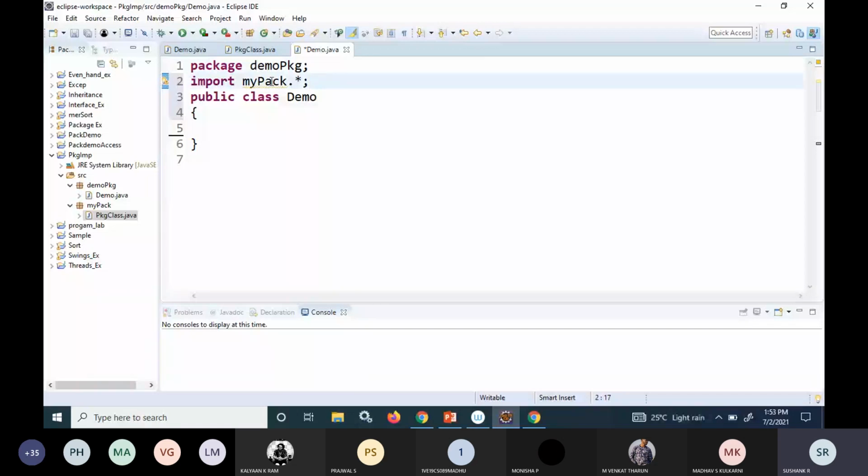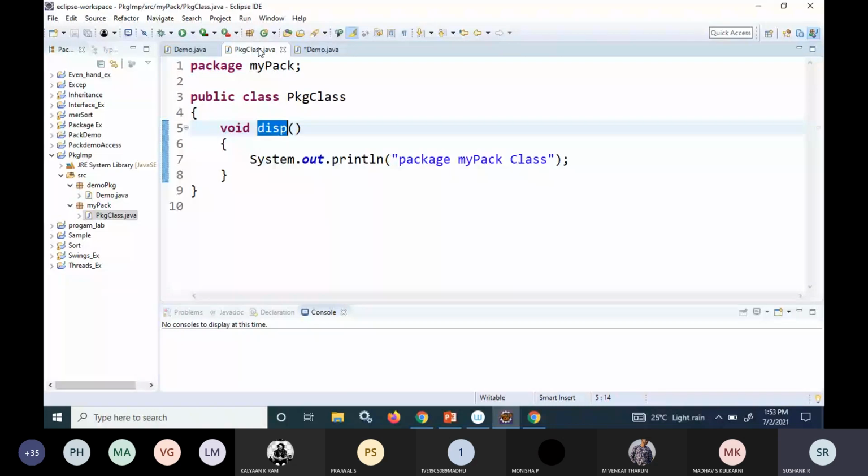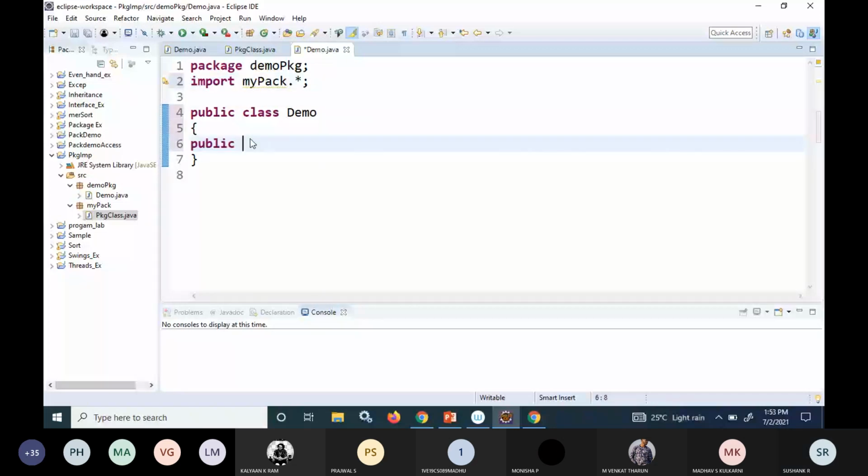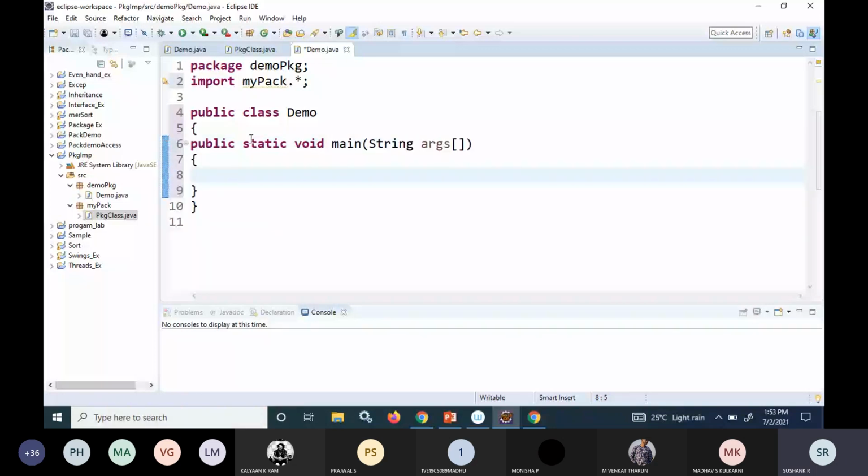In this function. So now this class is available. So what I can do means I can create an object of that class. I can create an object of that class, public static void main string args, string arguments. So now what I can do means I can access that object, I can access the methods. I can access that method. So I'll just write the code for that.